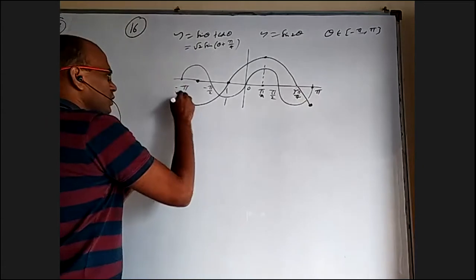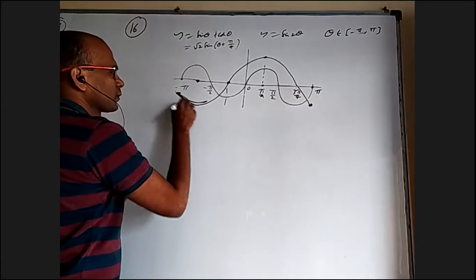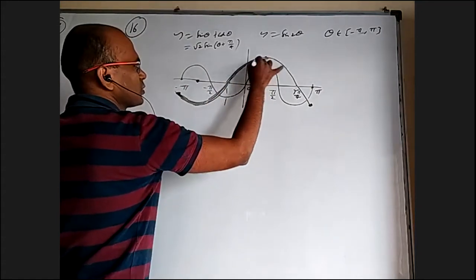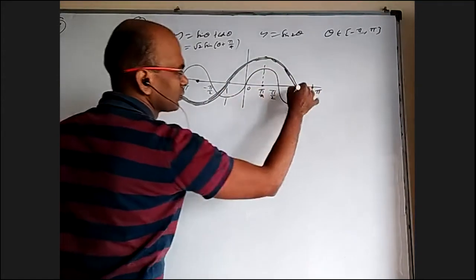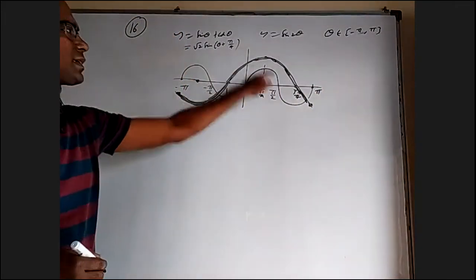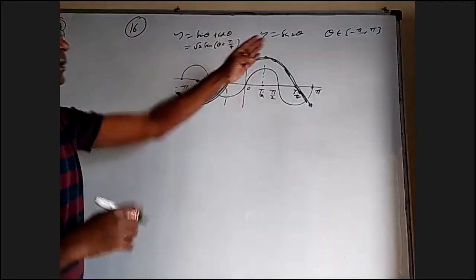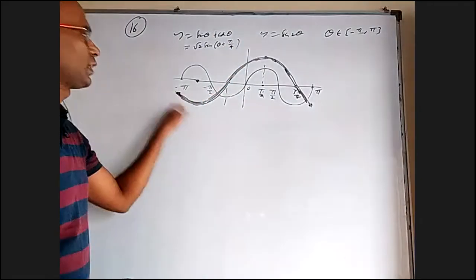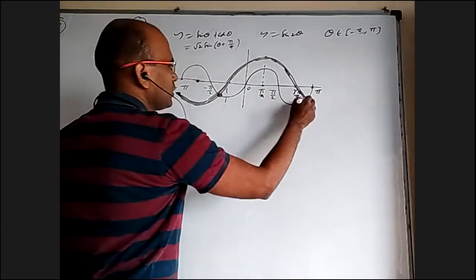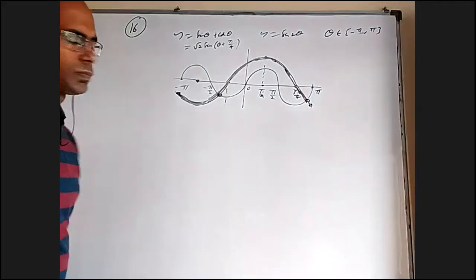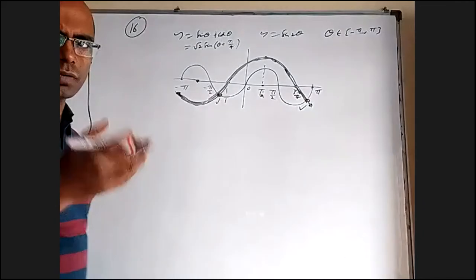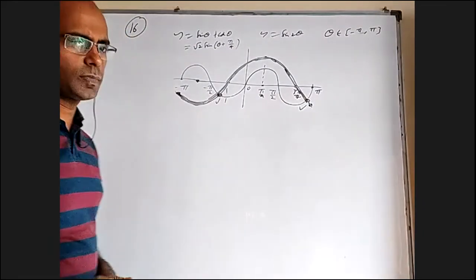Okay, so this one I'll draw a little thick just to differentiate. So this thick line is the graph of sine theta plus cos theta. This is also one full wave because minus pi to pi is a gap of 2 pi, one full wave. And this is the graph of sine 2 theta. You can clearly see there is one solution here, one solution here. So there are only two, this one and this one. That's the number of solutions. You can always draw the LHS graph and RHS graph and see how many times they intersect.